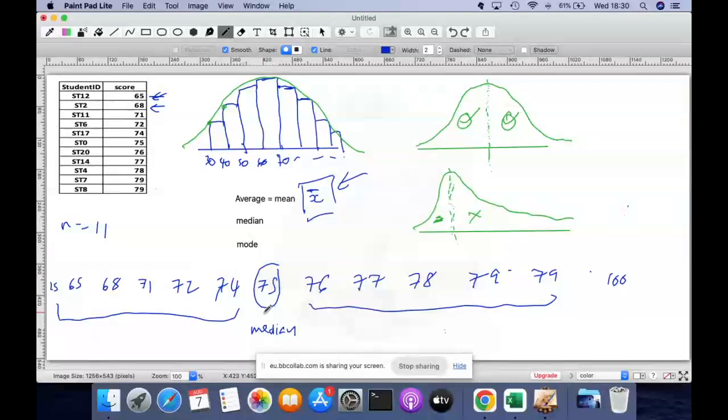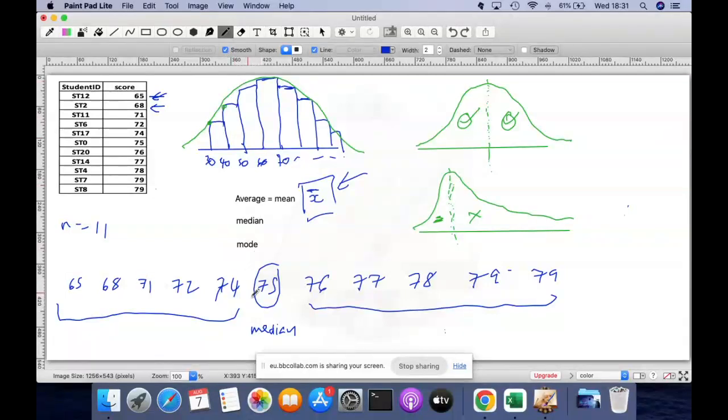But they don't affect the median, because the median still remains in the middle. So the median is not affected by outliers. Okay, and I hope this example explains that. It doesn't matter what the outliers do to the data, it doesn't affect the median. All right, so I'm just going to erase these outliers here and show you in general how you calculate the